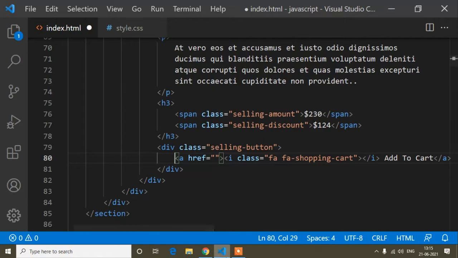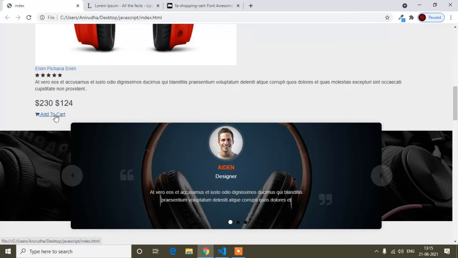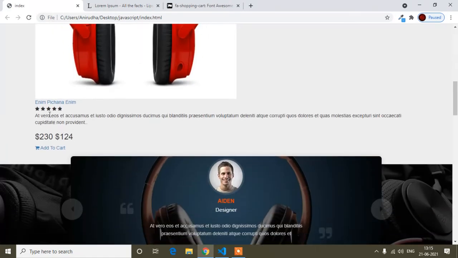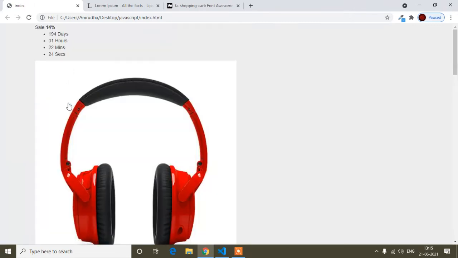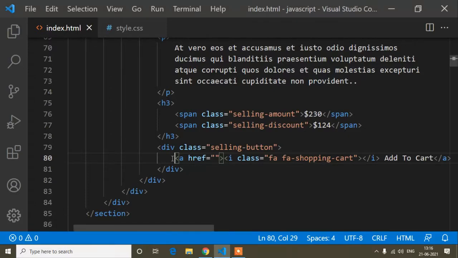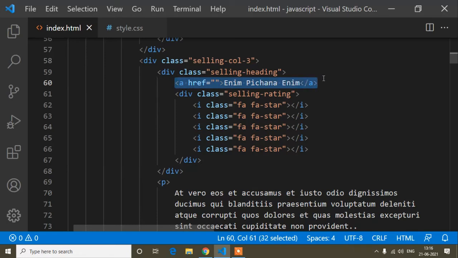Okay, and now guys I will save, and I will go to here and refresh. So here you can see this is the cart button. I didn't add any design, so it's showing like this. And now guys, if I click this cart button, here you can see the page is refreshing, and the same with the name. Okay, so if I click this name, you can see the page is refreshing but redirecting to the same page, because guys, for the cart button I have used an anchor tag and for the name, here you can see I have used this anchor tag. The anchor tag is used to redirect to any page. So when I click this product name, it will redirect to the product details page, but at that moment I'm not doing a details page.